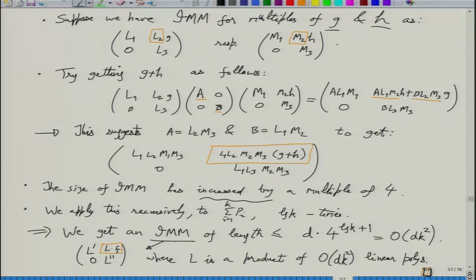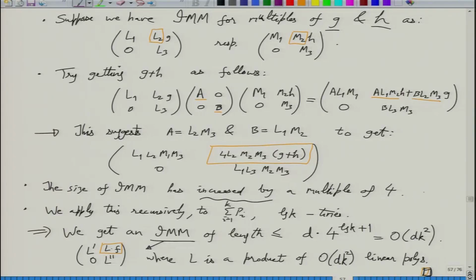Yes. Any questions? I had a question. How do you add k things using log k many additions? Like you break it into two parts. It's not log k additions. It is a recursive algorithm with log k recursion depth. You just convert each of the log k times you do the addition. No, not addition. It is done recursively, and if you look at the recursion tree, the depth is log k. If a tree has depth L, then it has 2 raised to L leaves, and these leaves are P1 to Pk.